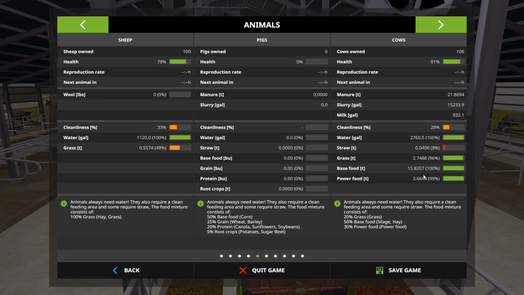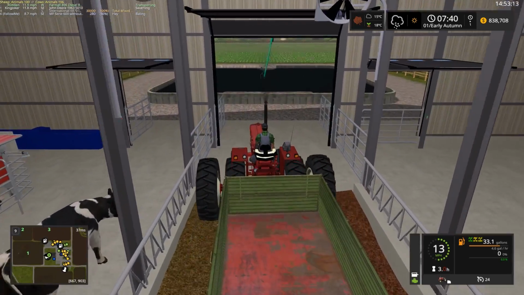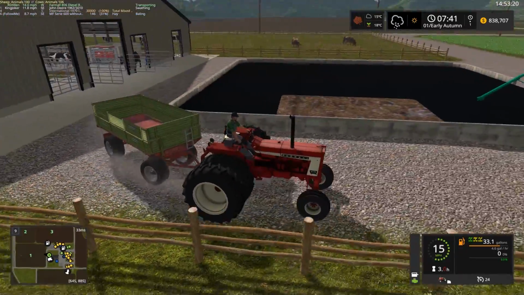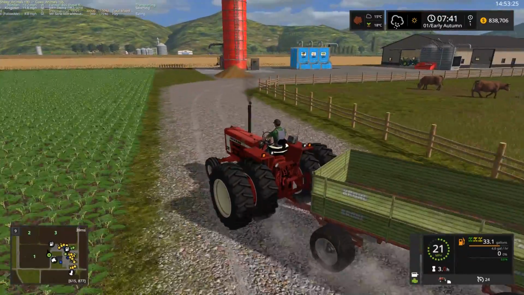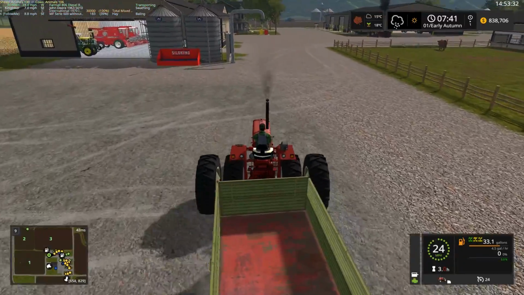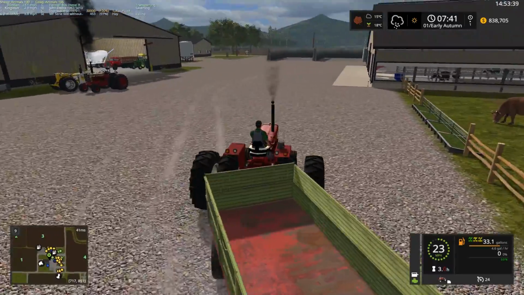Oh, they took all that grass? Oh wow, they're almost full. We'll call it close enough, I guess. Gates open up like the wrong way there. Makes it really hard to actually get out of the cow barn in that direction. Okay, you probably don't actually want to use this trailer here to fill that mixer. That's going to be a couple of trips back and forth, so...